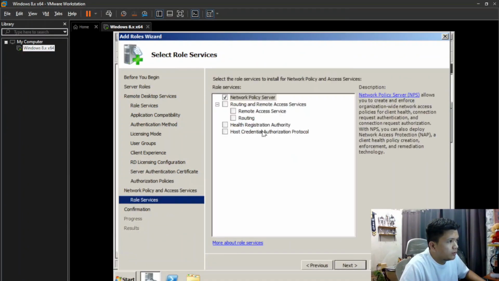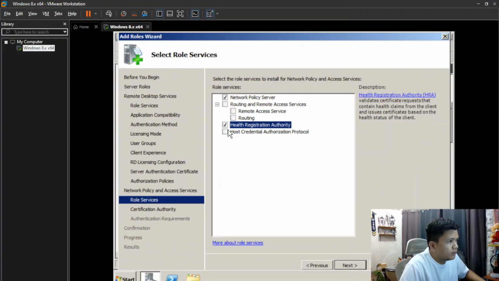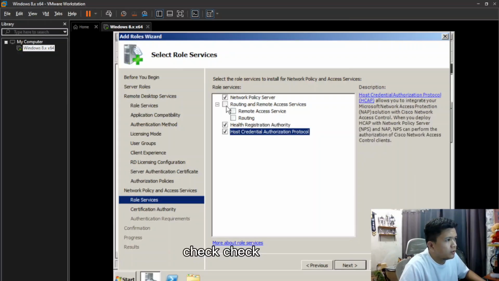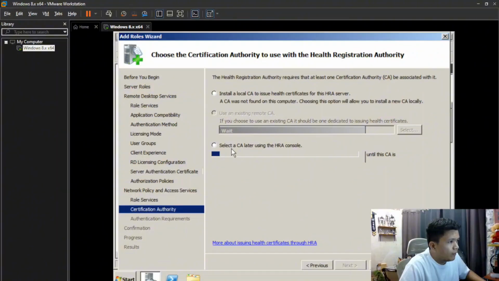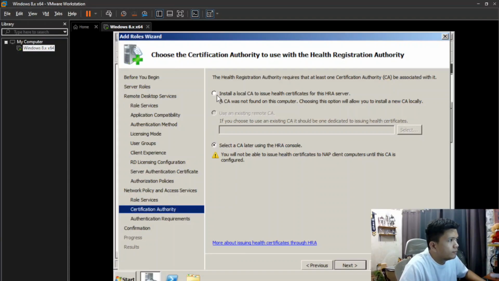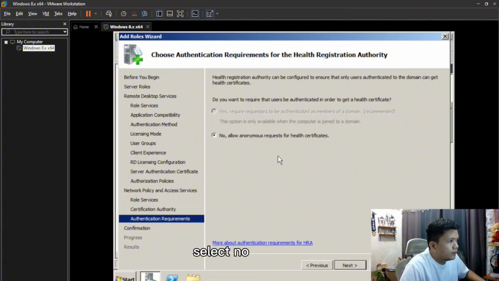Next. Role services. Click. Check. Select no.